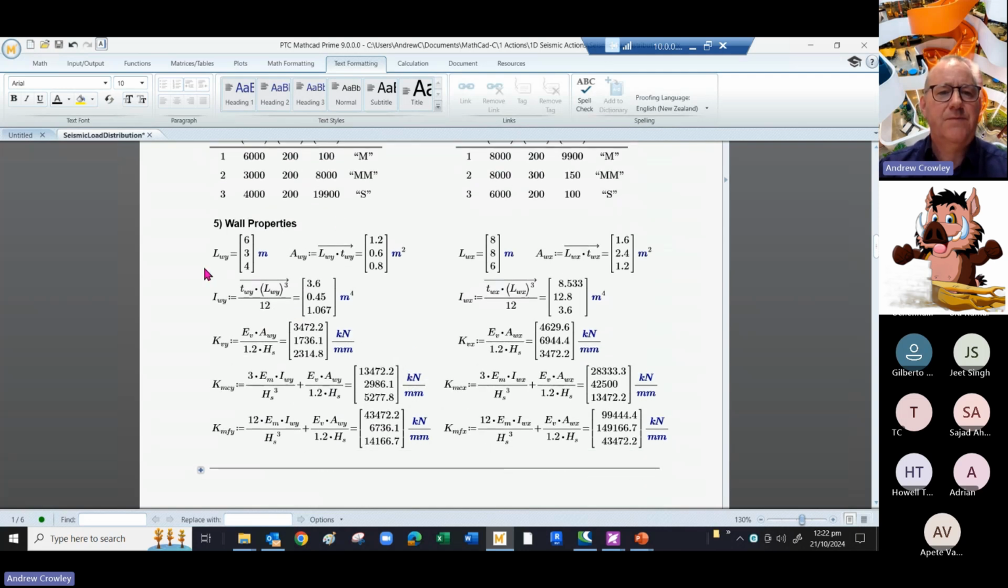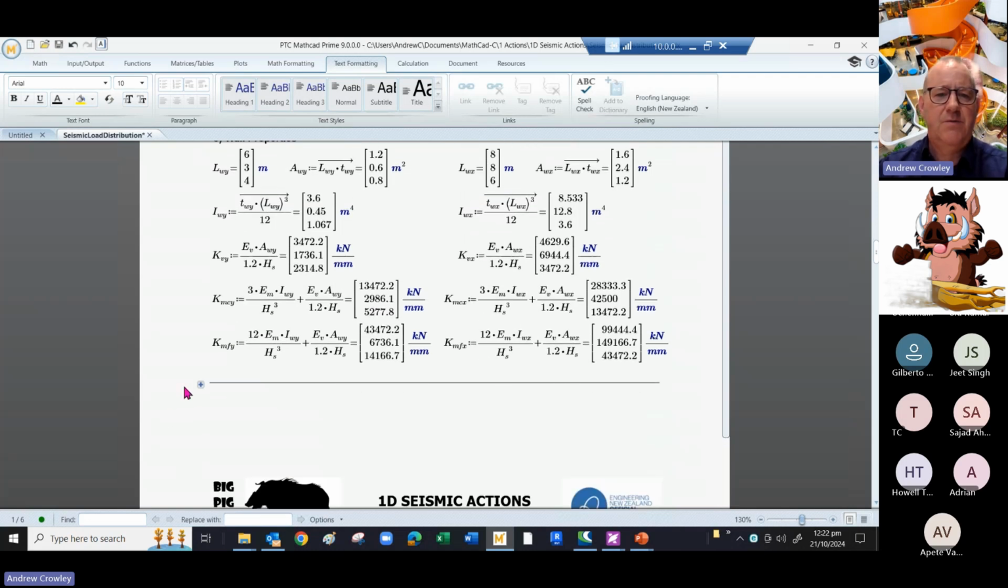So we've got the lengths of the walls, so 3 and 4, the areas of the walls, the second moment of area for the walls, and then we have the stiffnesses derived for each of the walls depending on whether it's a shear wall, whether it's a cantilever wall, or whether it's a fixed wall, top and bottom. And we repeat the exercise in the other direction. Moving on,